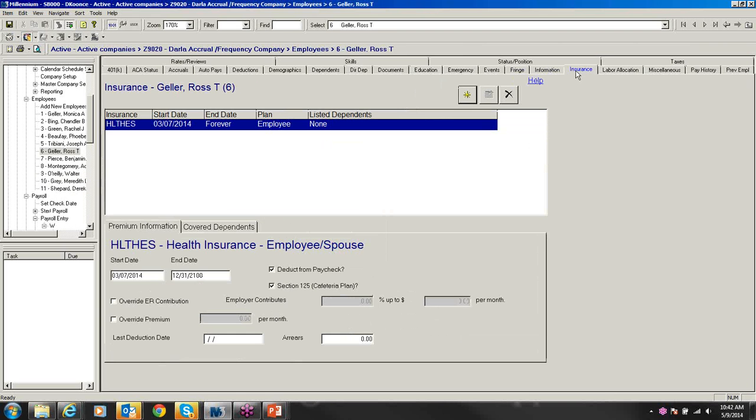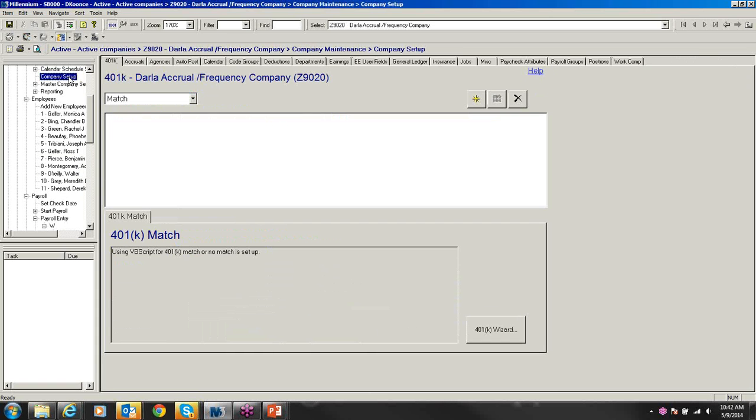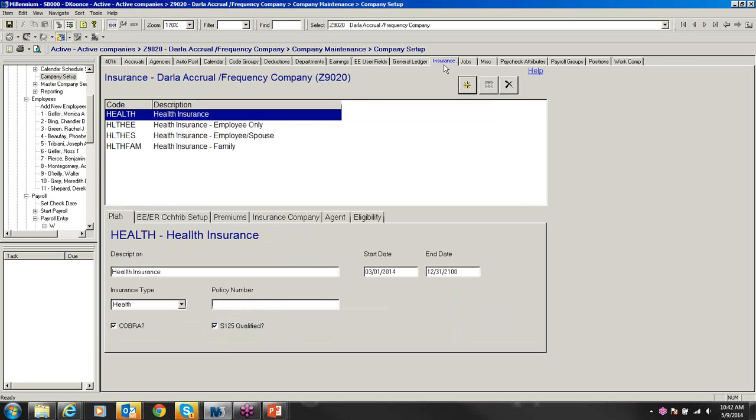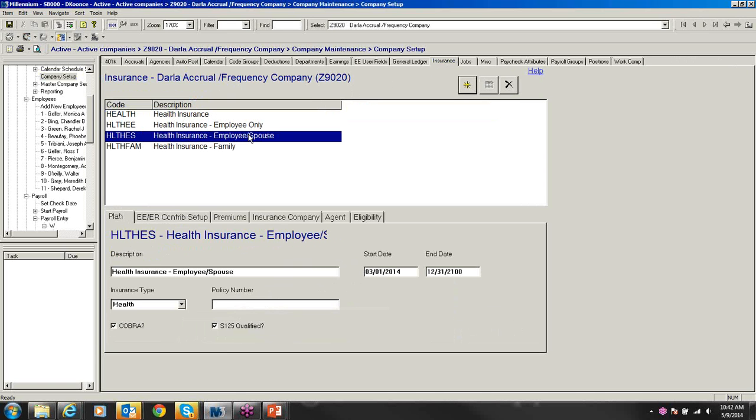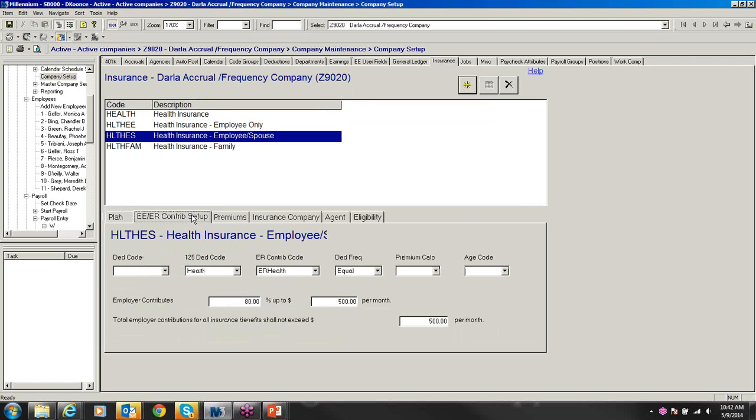Let's go look and see if he's got it on him. He does. Okay, and remember, when you're setting up multiple plans, at the company level, so he's employee. That looks good. Change the percent. All of them are up to 400 though, so make sure you change the 80%. There you go. And then just keep in mind, it doesn't hurt that you put that in there, but